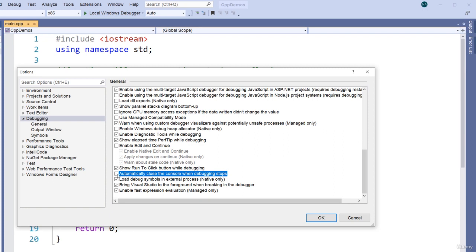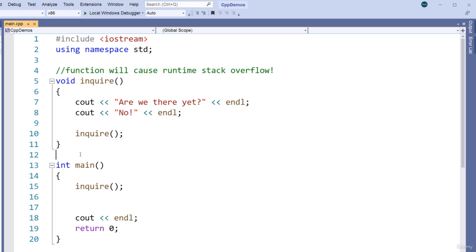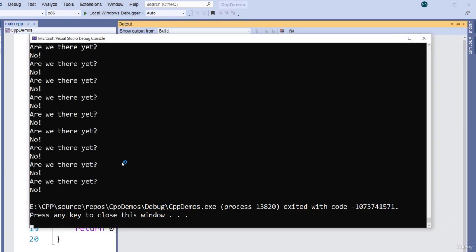Turn that off. Now the reason why I have that checked is because when you do debugging, often that console window hangs around and you sort of forget about that, and then you have to close that manually, so that's why I have this turned on. But when you have this turned on, it doesn't show that process exited with code 0 at the end, so I'll turn this off, and if we build and run this again, we will get that